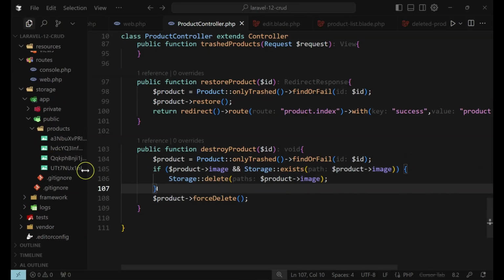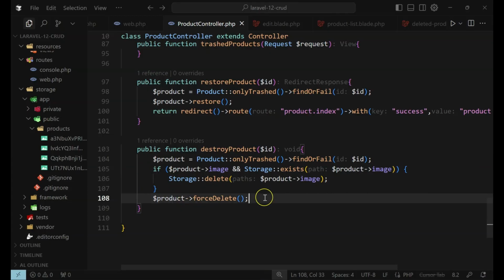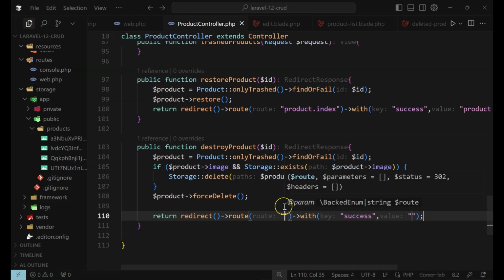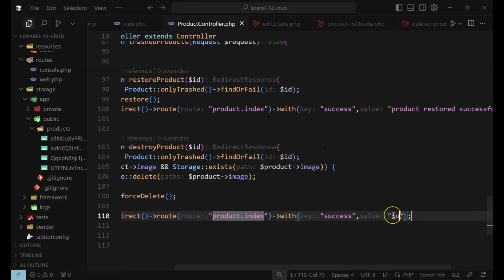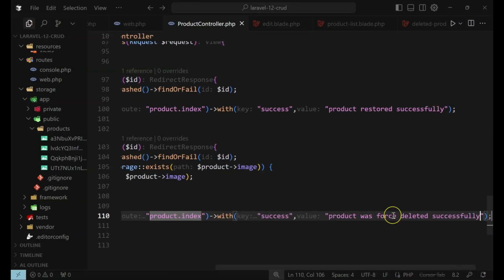Okay, so now after checking if it has the image, then we are going to delete that image. If it does not have, we're just going to force delete that product. Then after that, we are going to redirect back to product.index with the success message saying product was deleted successfully. Okay,